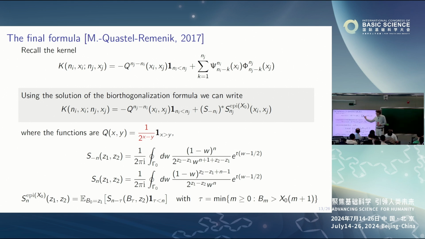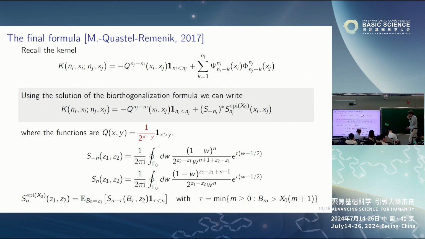So then the second term of the kernel, the sum of products of psi's and phi's, can be written as a composition of two functions, s and s-ap. So what are these functions? This function s is given explicitly by a contour integral, like this. The function s-ap, so here it is written, is an expectation of another function s, and another function s is here.